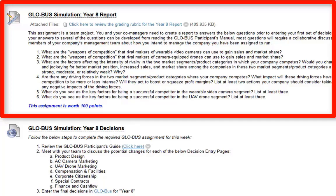So great job, beautiful cover page. The content obviously addresses all the topics for the report. You might have included graphs, charts, data to support your information. That's what I'm looking for. Okay, I made a comment to each and every one of you, so there shouldn't be any guesswork